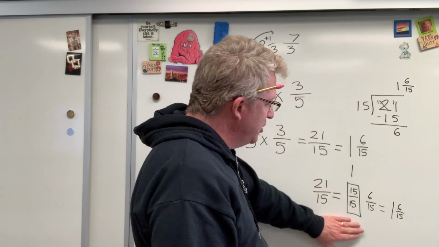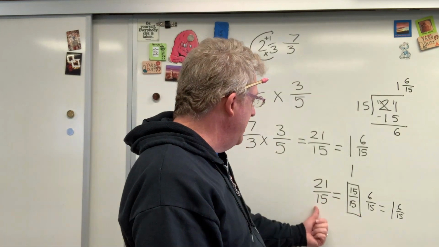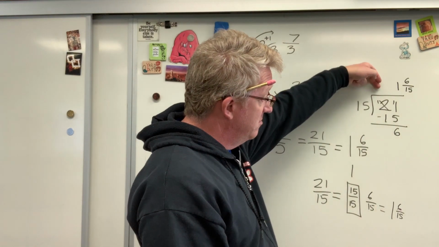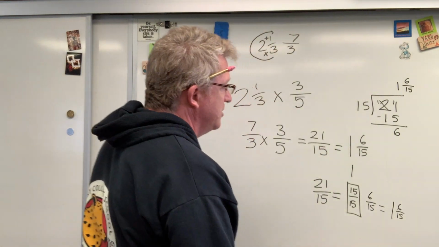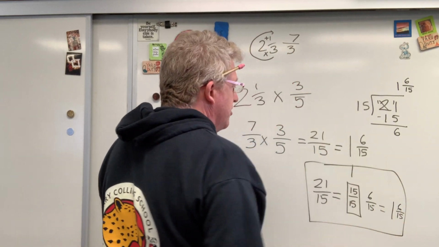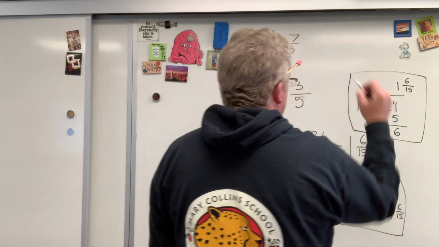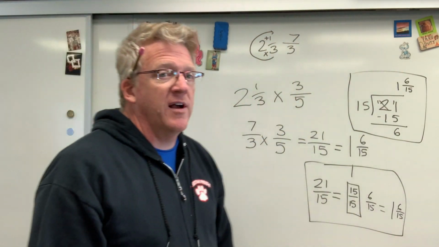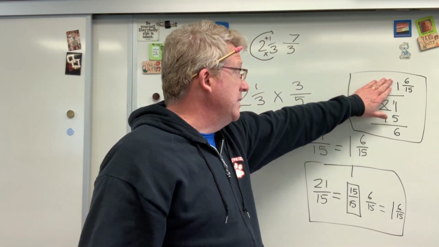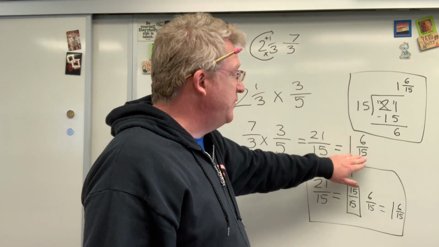So you can either show me the method of counting off your giant ones to figure out how to turn an improper fraction into a mixed number, or you can do it by division, okay? Either one of those two is acceptable. So this would be a fine way to show me how you turned your improper fraction into a mixed number, or this would be a fine way. But either way, here we ended up with 1 6/15, here we ended up with 1 6/15, but 6/15 can